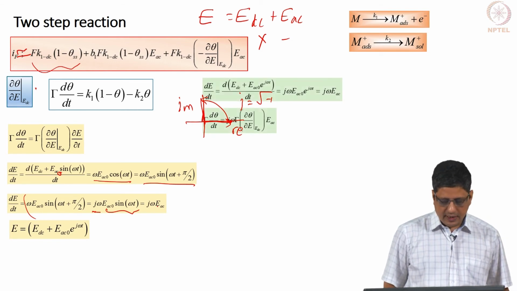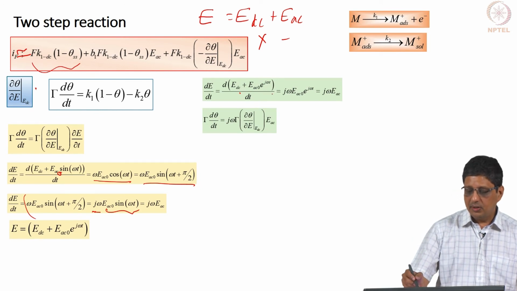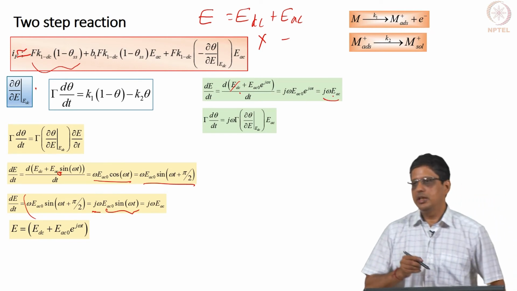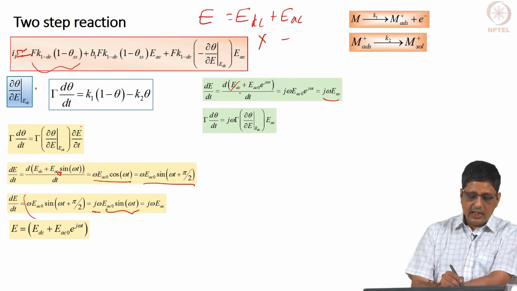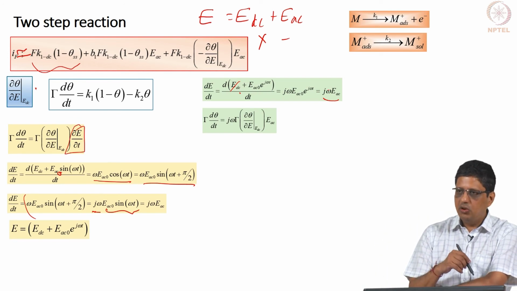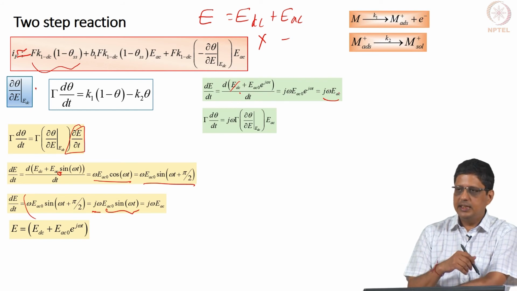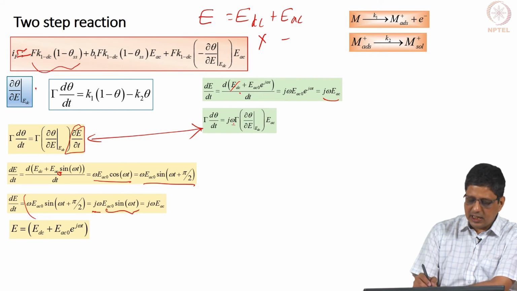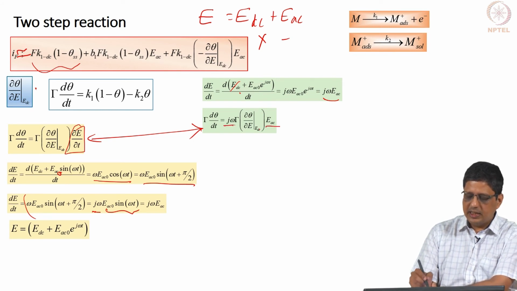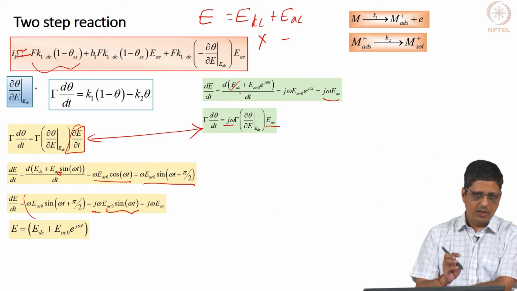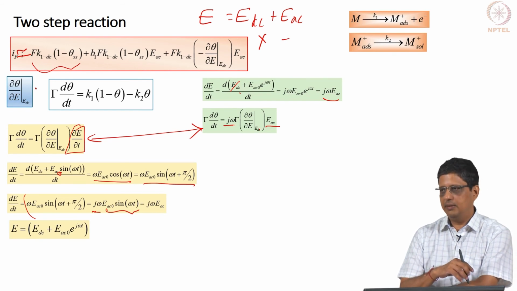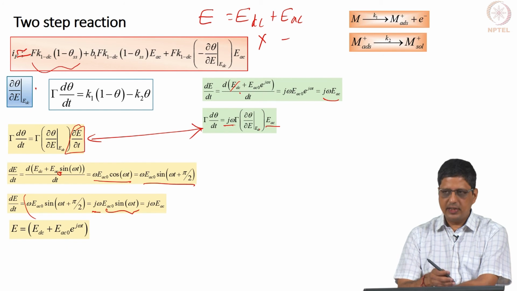When I take the derivative of this, it is going to be j omega, this EDC is of course going to go away, it is going to be j omega multiplied by EAC 0 e power j omega t, which means j omega EAC. So, the point to note is d by dt in the complex notation that we write is going to be j omega EAC. Substitute it back here, you can write gamma d theta by dt as j omega EAC gamma d theta by dE. I would like you to be able to derive this properly, because everything else that follows depends on you doing this correctly.